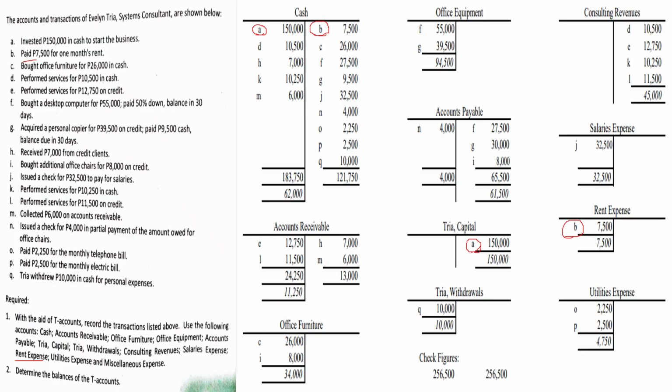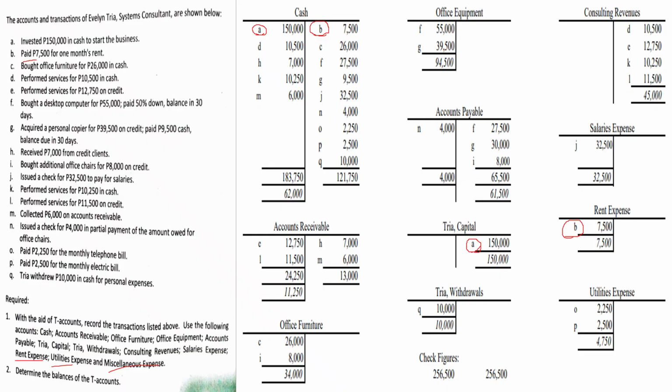Now, remember that when we make our financial transaction worksheet, the changes in expenses and drawings and the revenues were reflected in the equity account, no? Since we only have one column for all those accounts. But in this problem, we have separate T accounts for each individual account title. So more specific, right? Therefore, we write the increases or decreases on the specific account title or specific T accounts.